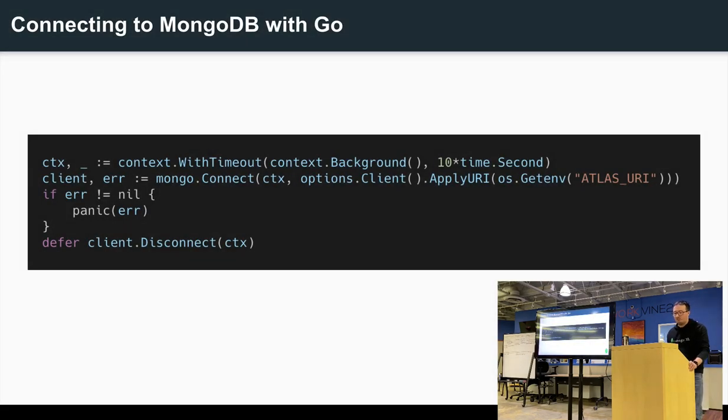Now we want to connect. We use a context, which is very common in Go, and we define a timeout that we want to use. Maybe the connection stalls, maybe some kind of query stalls. We want to time that sucker out in 10 seconds. We apply it in the connect function of MongoDB, and we provide it the URL to our cluster. In this case,